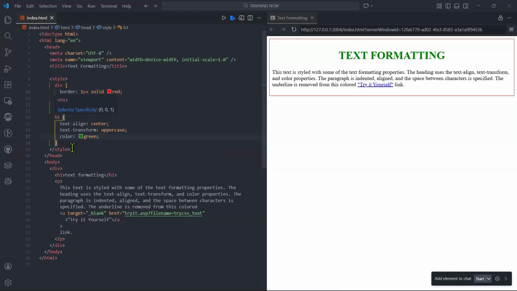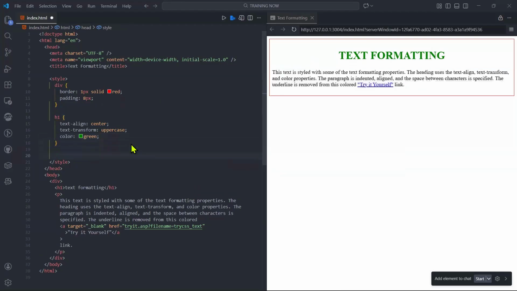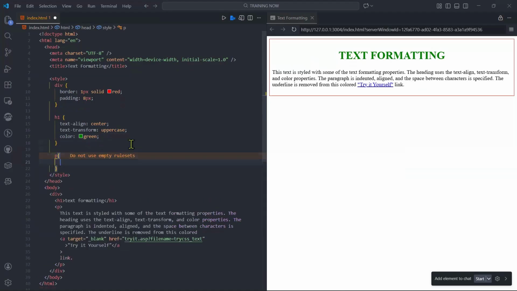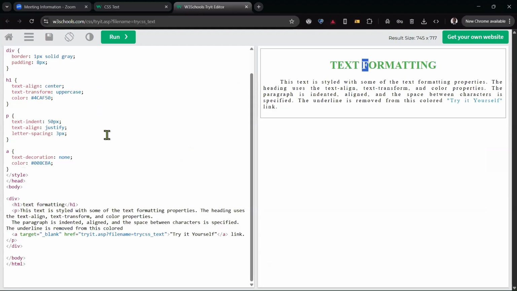which is H1. Now we are moving to the paragraph, which is this one. You can come here and see we are targeting the P as a paragraph. That's why I was saying that if you do it one by one, things will be easier for you. Now look at what happened. Also, they say text-indent. The text-indent simply means move the first line of the paragraph